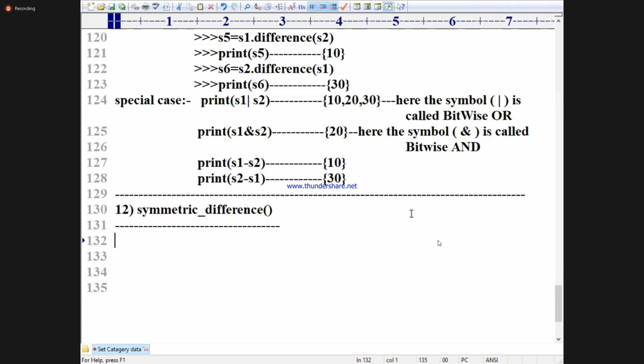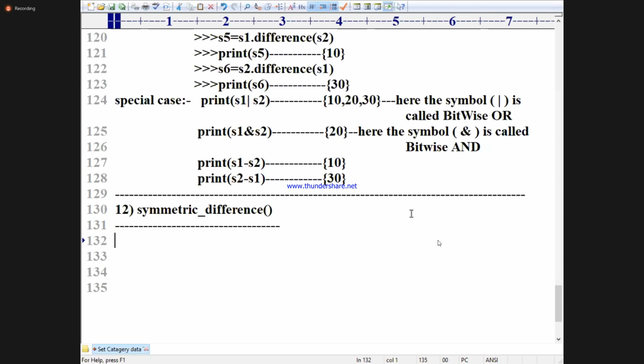But the difference is that union will give you another set, while symmetric difference will not give any other set. Symmetric difference gives you the exclusive elements of itself and another set. Itself means the source set plus another set also.